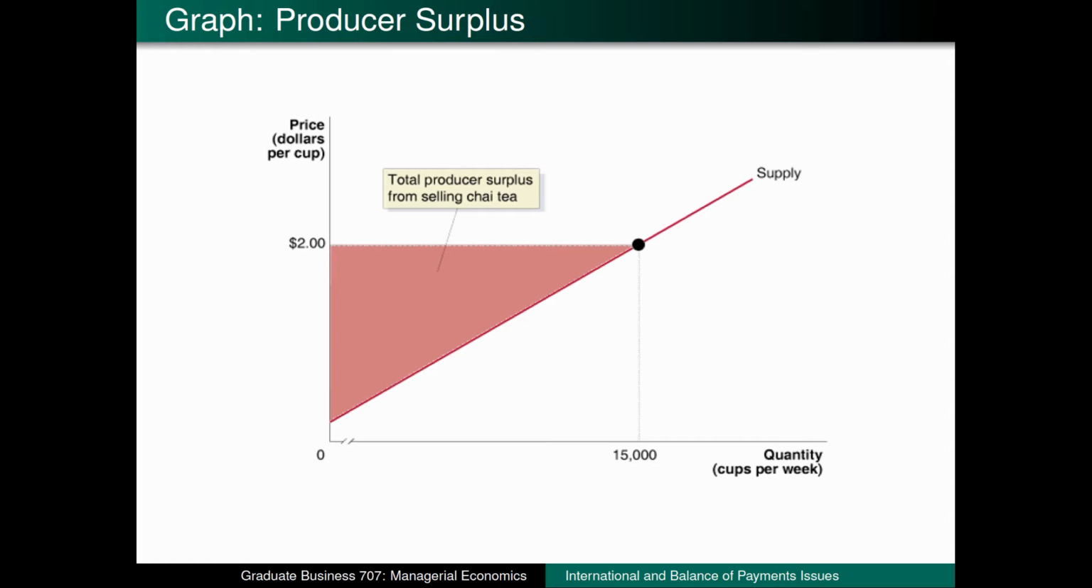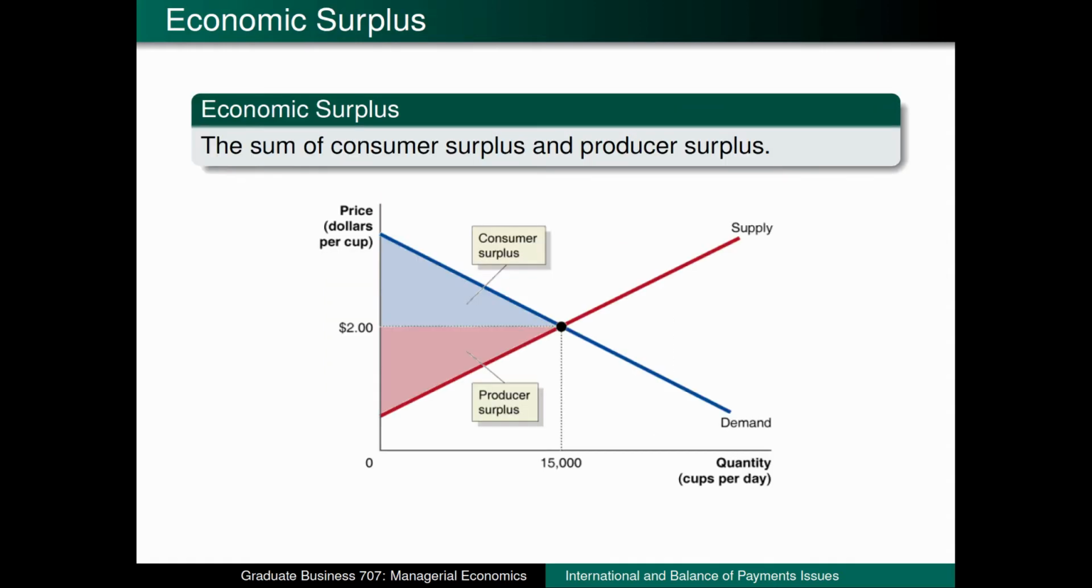So you can think of the gap between the price and marginal cost across all quantities sold as a red triangle illustrated in this graph. If we think of the economy as consisting of consumers and sellers, an economic surplus is then defined as consumer surplus plus producer surplus. So economic surplus is the blue triangle plus the red triangle, or the area between the demand curve and the